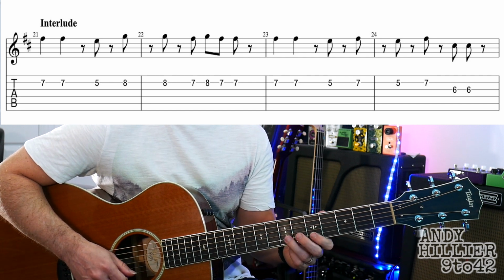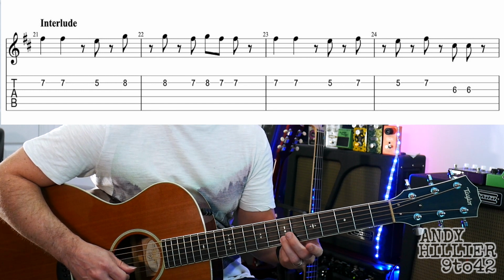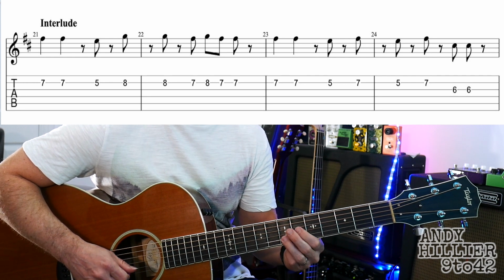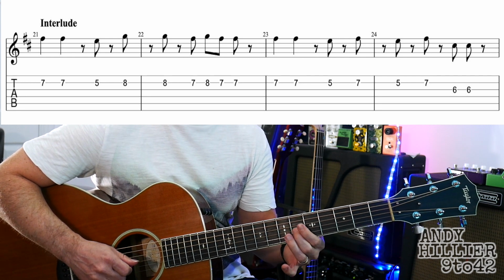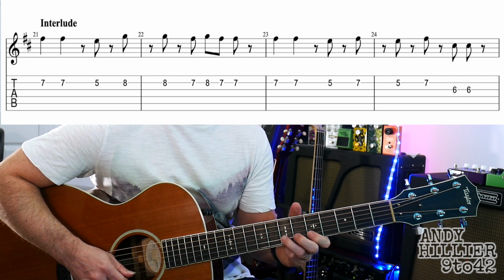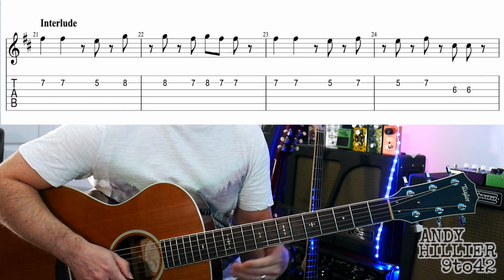The next two bars go B7, B7, B5, B7, B5, B7, and then G6 twice. So the second two bars from bar 23 go. So the whole line, ready, and...